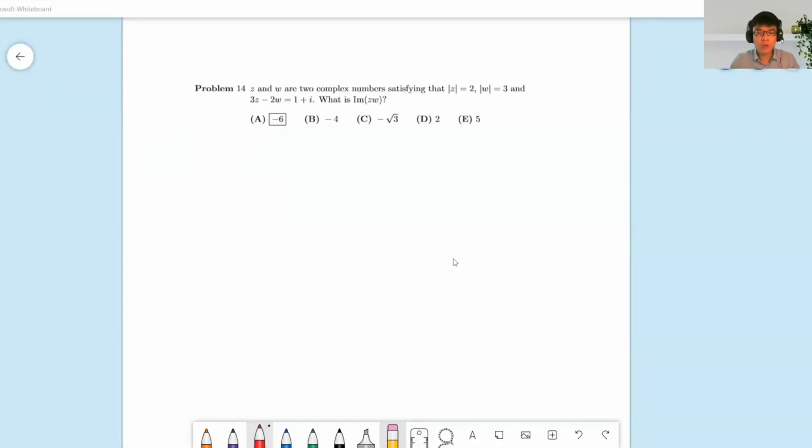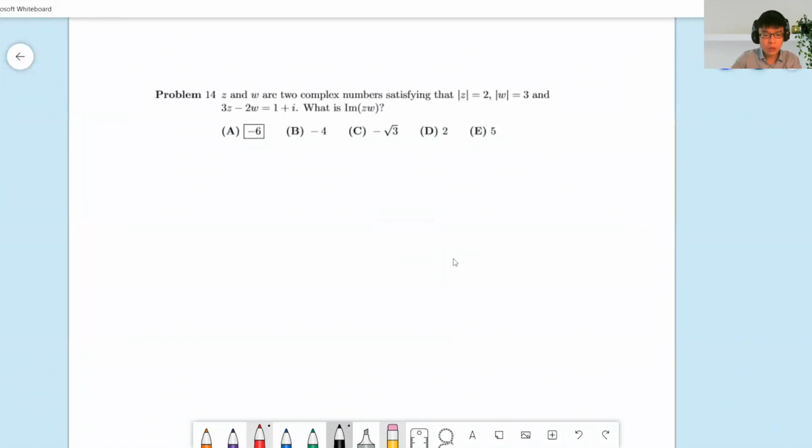Z and W are two complex numbers satisfying Z has modulus 2 and W has modulus 3, and 3Z minus 2W equals 1 plus I. We need to find the imaginary part of Z times W. So here, let's try to